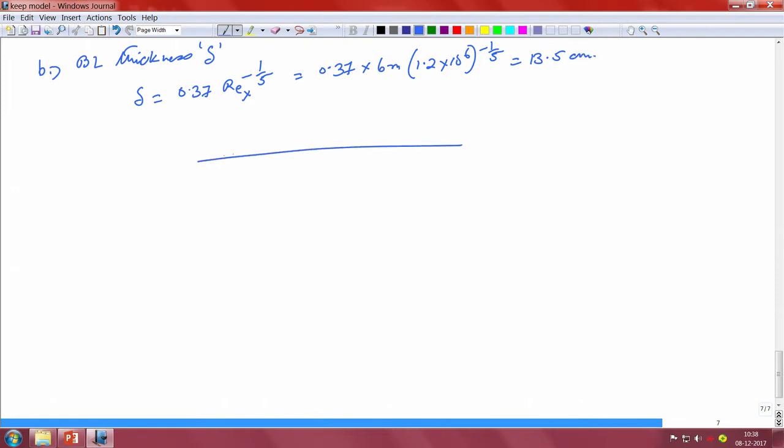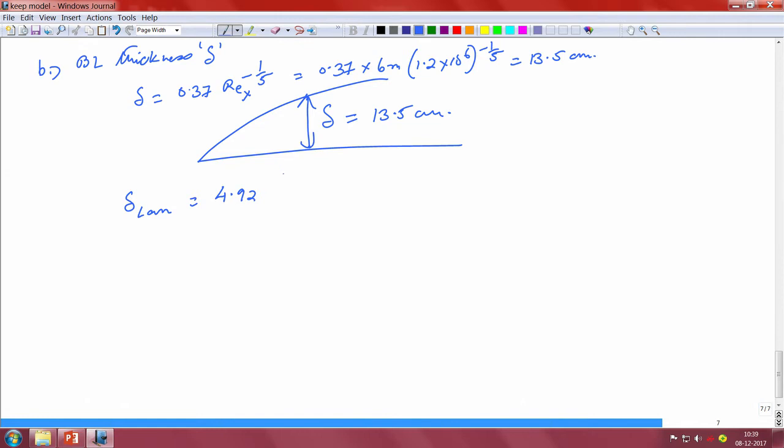So that is the thickness. You can put this in perspective. The total thickness of this boundary layer is about 13.5 centimeter, quite a bit. Now in the laminar region, if you calculate the laminar region for this same thing, if you recall, it was